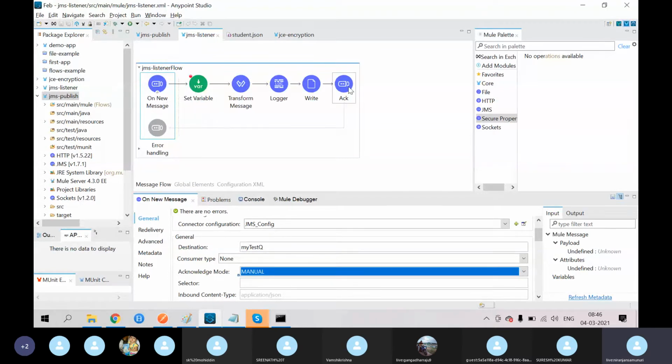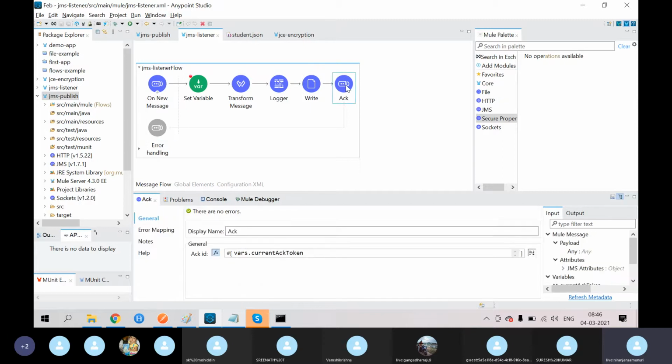Whenever you give the confirmation that I got the message successfully, and I wrote my message successfully in the file. So in the last component, if you use this acknowledgement, nothing but you are giving acknowledgement that my data is processed successfully. Whenever you give this acknowledgement, then only the data will be deleted from the queue. Otherwise the data will still persist. Even though while writing if you get any error, the data will persist in the queue.